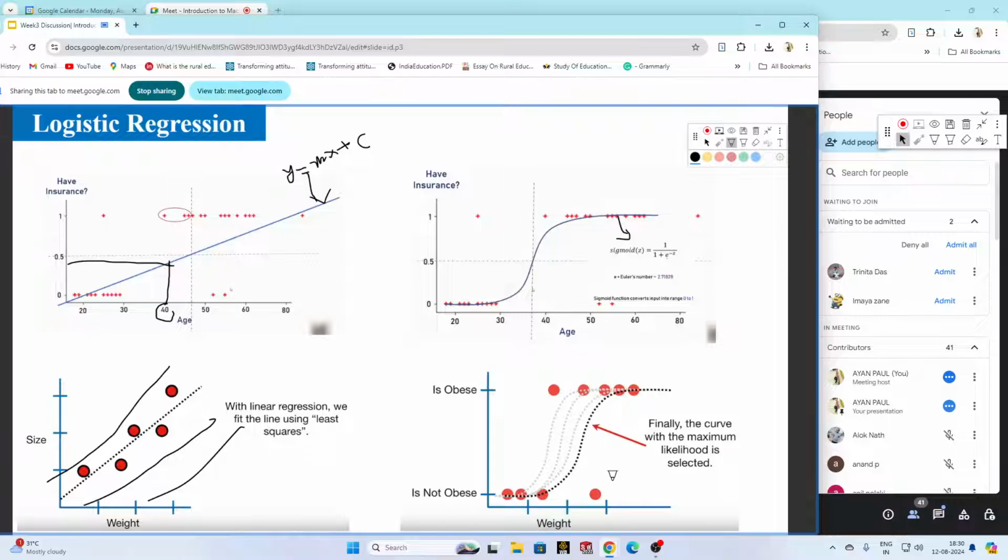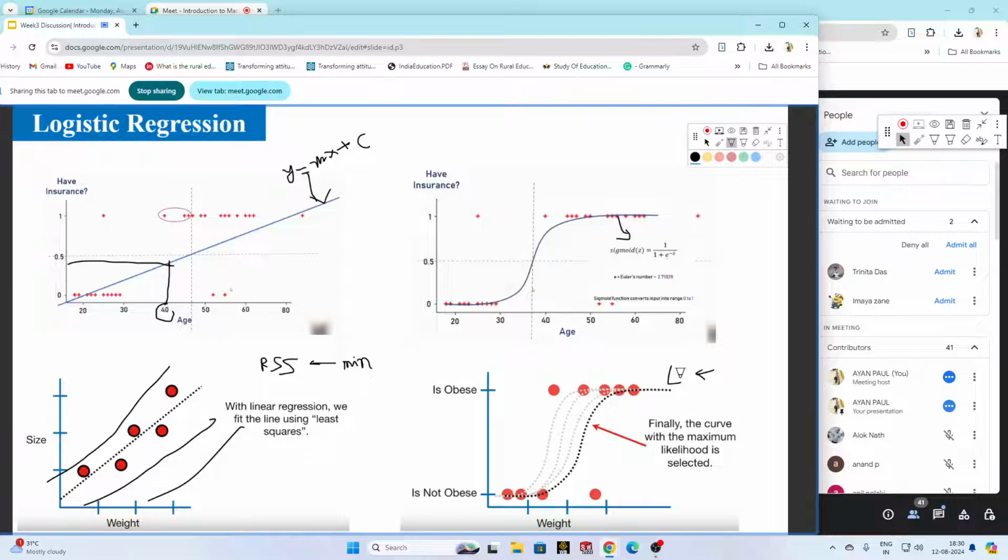And we have to find out, earlier we were dealing with RSS. Our target was to minimize the RSS. RSS should be minimum. But here our likelihood should be maximum. What is likelihood? That we will discuss in the next slide. But for now, just know this thing: for fitting a curve in logistic regression,